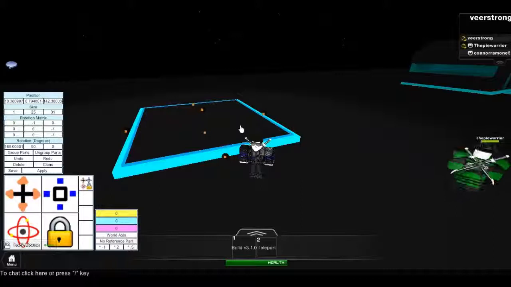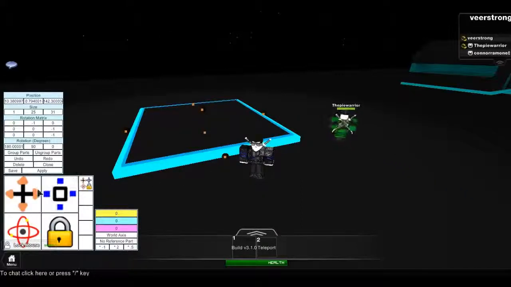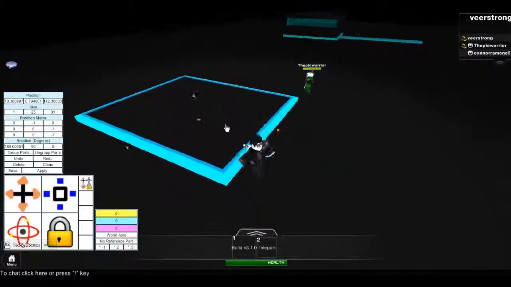Also, I didn't mention this before, but if you select the move tool or rotation tool, you'll notice these little menus come up. Please do not worry about these for right now. These can be really messy at times if you get it screwed up. Let me just exit this. So, let's now begin with